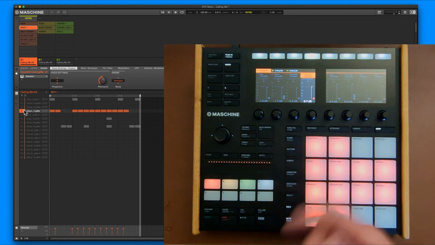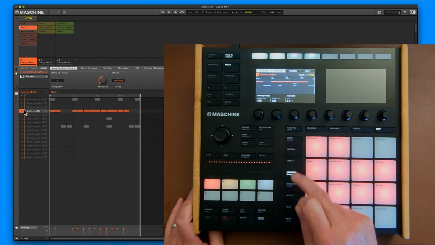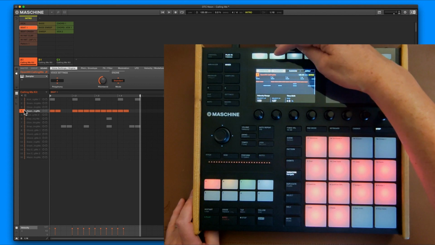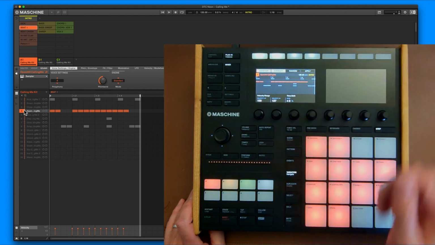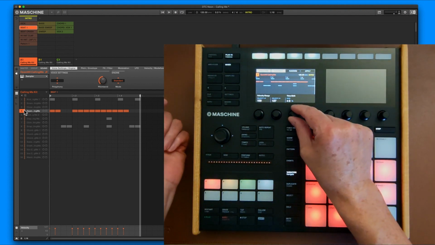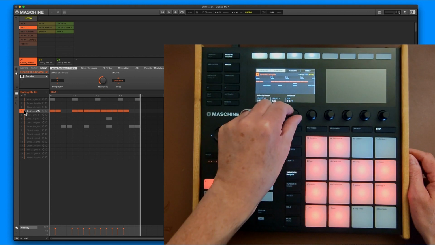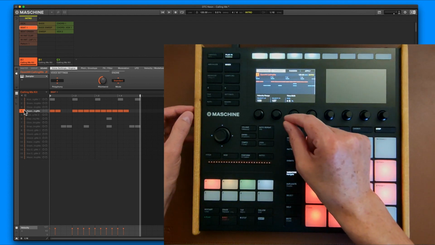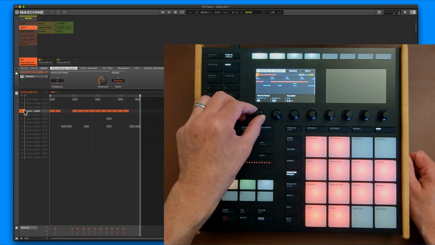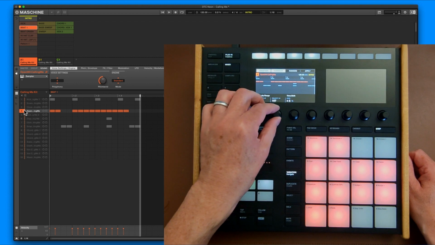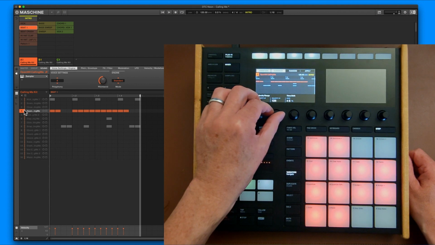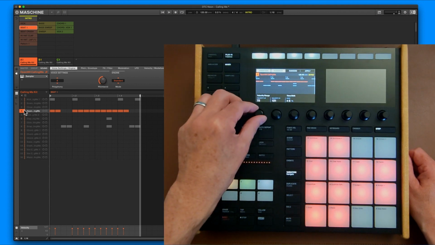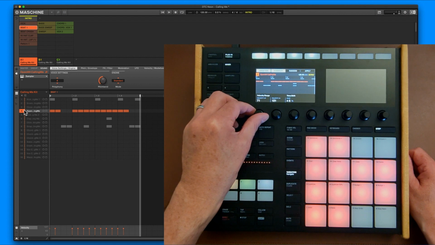So if you want to make that a bit more humanized, you click variation, and then you have a random or a humanize option, so you can hit random or humanize up there. You can time shift in percentages. I normally use 5%, so it goes up in 5% increments. You can time shift there, and you can change the velocity, the low and the high. So we can turn that off. That's full velocity, 127. So we could keep that at, let's say, maybe 120, and then take this down to 70,